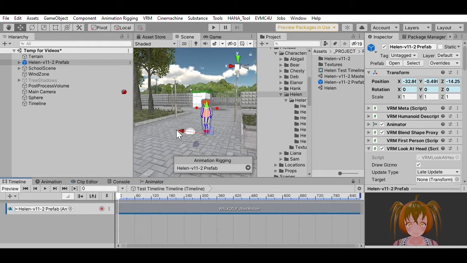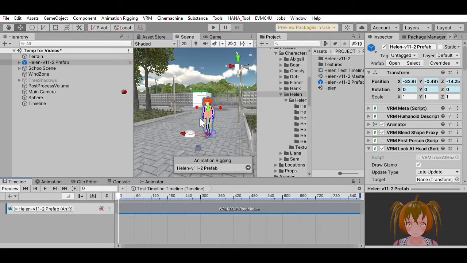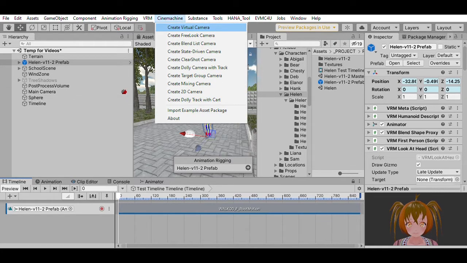This is all well and great, but now we want to get a camera. And so I want to start with a camera looking at her face when she's walking along. There's always one main camera, and what we're going to do is have these, what they call virtual cameras, and they control the position of the main camera. So it's sort of like instructions for the main camera what to do. The main camera is always the one recording, but we're going to create some other virtual cameras to control it. And virtual cameras can be created from the Cinemachine menu, create virtual camera,